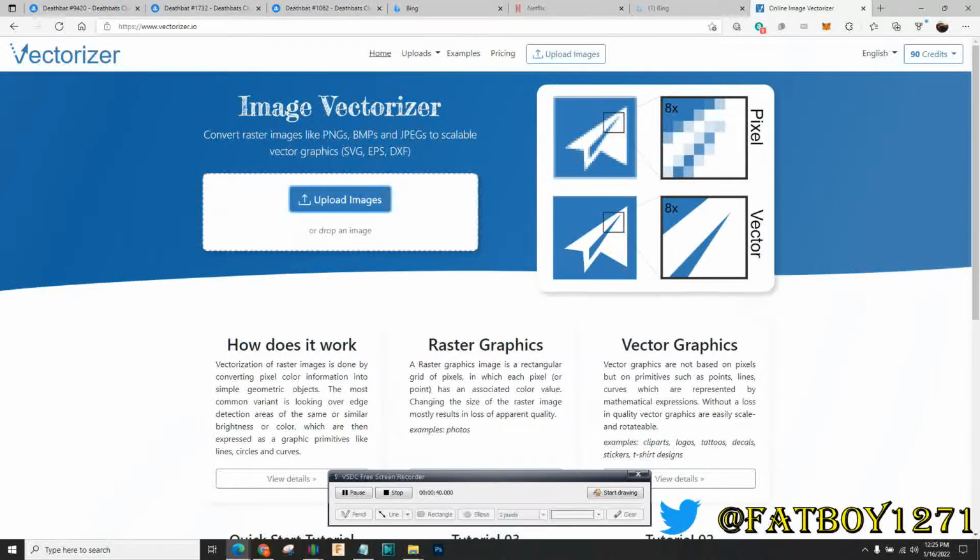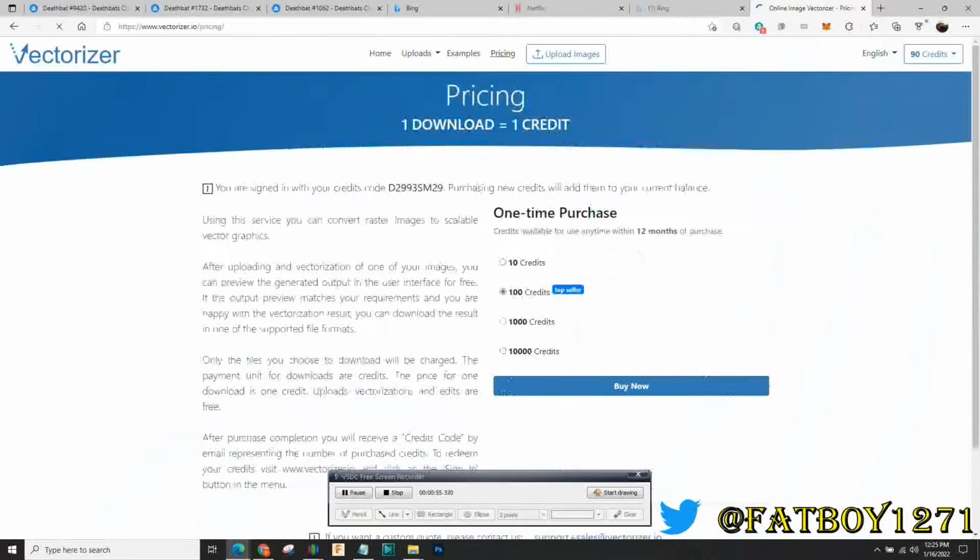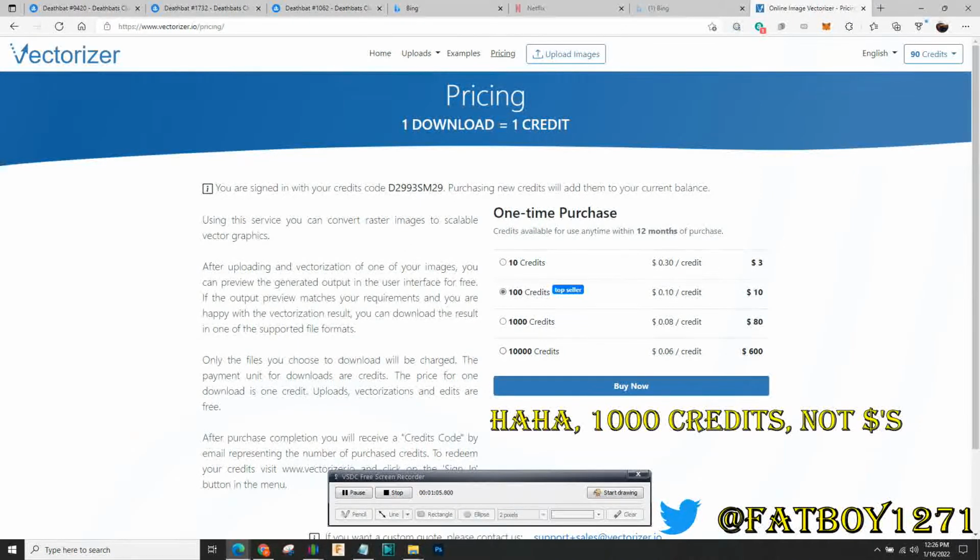Now you need credits. I have credits over here. Each download is 1 credit. So I got their most popular pricing, which is 100 credits for $10. So it's 10 cents a download. To be honest, at this point, my next purchase will maybe be the $1,000 one because I just absolutely love this program. Anyway, so we go to vectorizer.io,